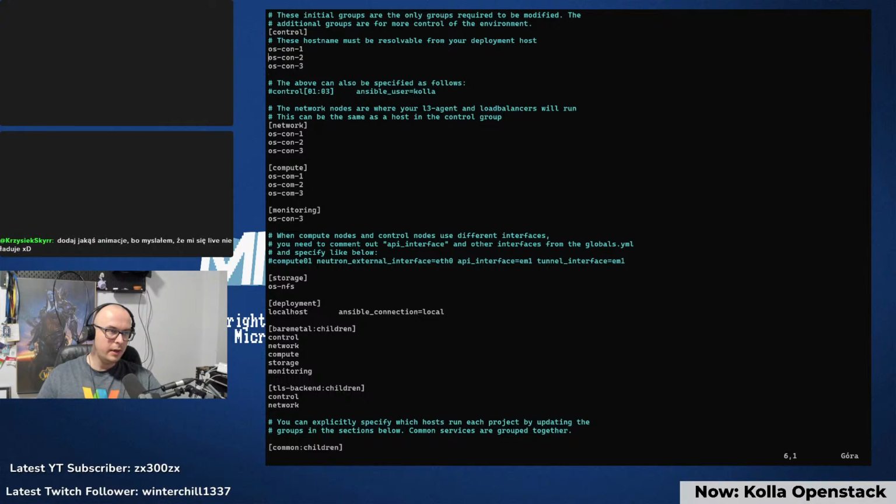So for control, I have 3 hosts, OSCon 1, 2, and 3. For network, I have also my control hosts. For compute, I have my compute nodes 1, 2, and 3. And for monitoring, I have my node OSCon 3. For storage, I have OSNFS. And the rest here is basically inheriting all of the nodes configuration from those first inventory items. And this file is the important one where I had to make a change